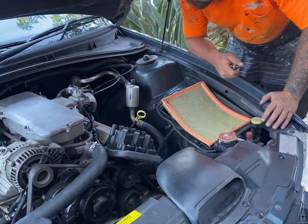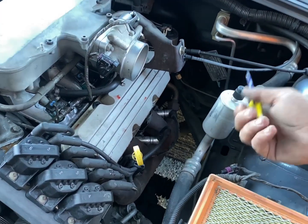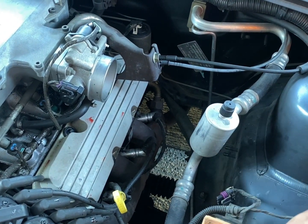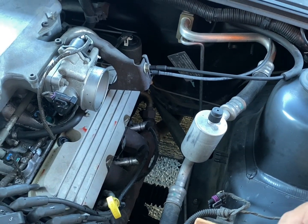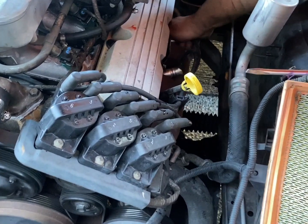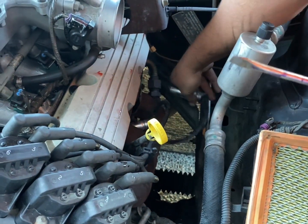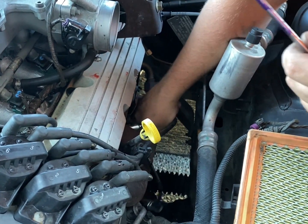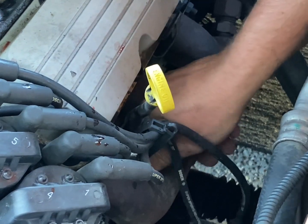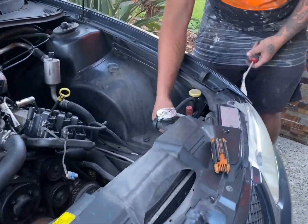What I'm doing is I'm pulling that off so I can get access down here. Going to pull this aircon and everything out because we are not going to be using that. I'm going to pull the leads off, if I can get them off. Make a bit of room so then we can pull the old exhaust off. Here, for the turbo. Turbo will be living here,